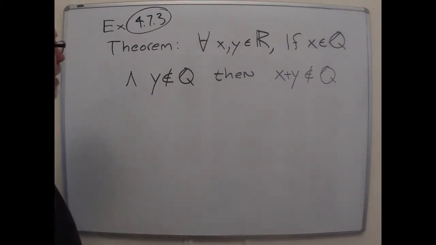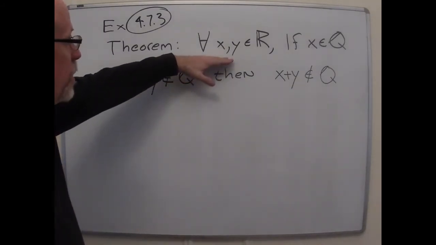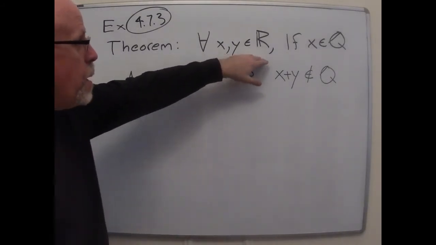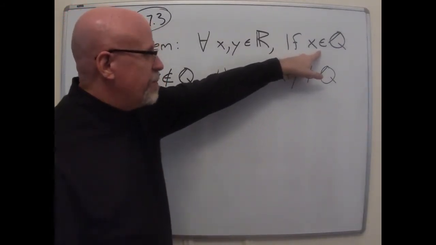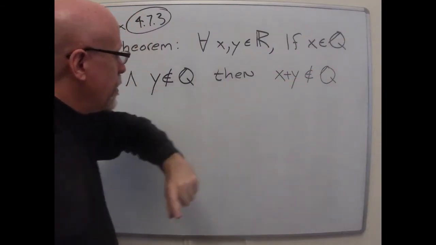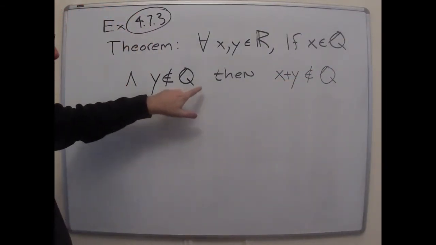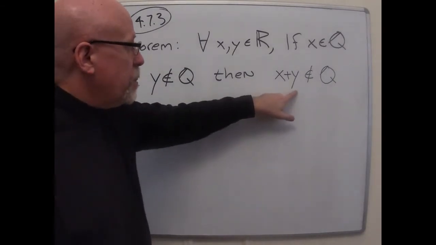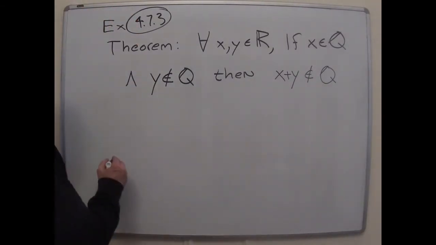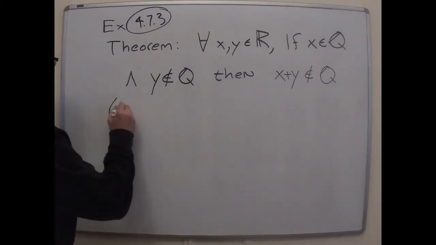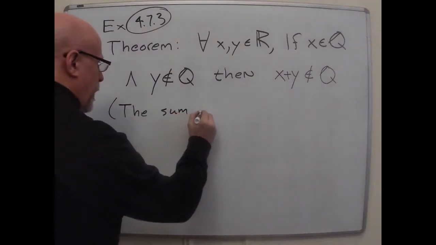So we're quantified over all pairs of real numbers, but then we make a restriction that if x is a rational number and y is not a rational number, then we conclude that the sum, x plus y, is not a rational number. The way you would say this in ordinary language is the sum of a rational and an irrational